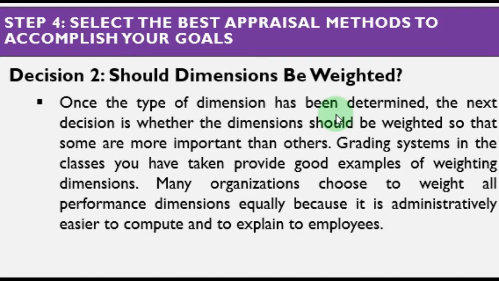Next, decision 2 would be, should dimension be weighted? Once the type of dimension has been determined, the next decision is whether the dimension should be weighted so that some are more important than others. Grading system in the classes you have taken provide a good example for weighting dimension. Okay? Many organizations choose to weight all the performance dimension equally because it is administratively easier to compute and explain